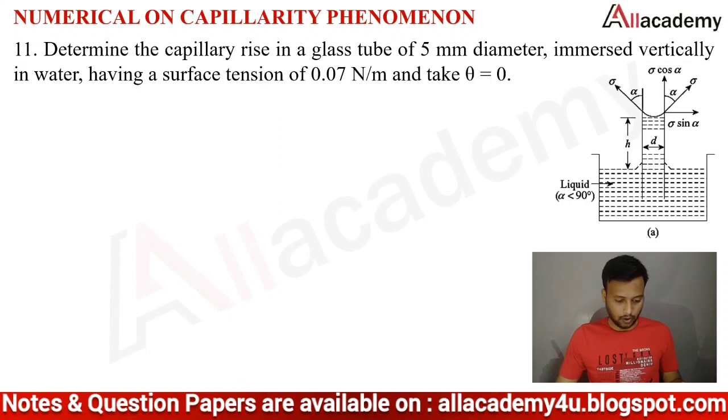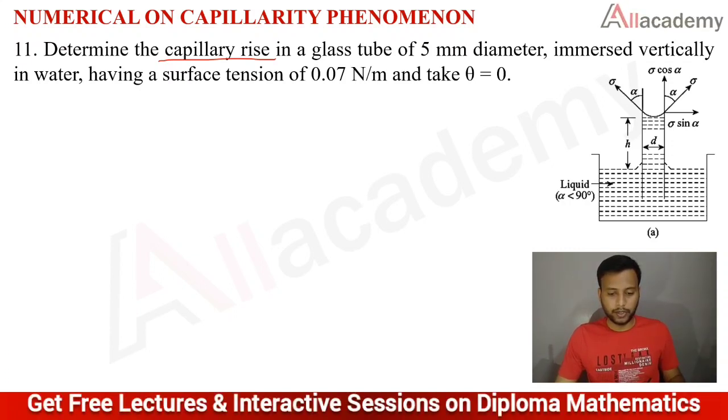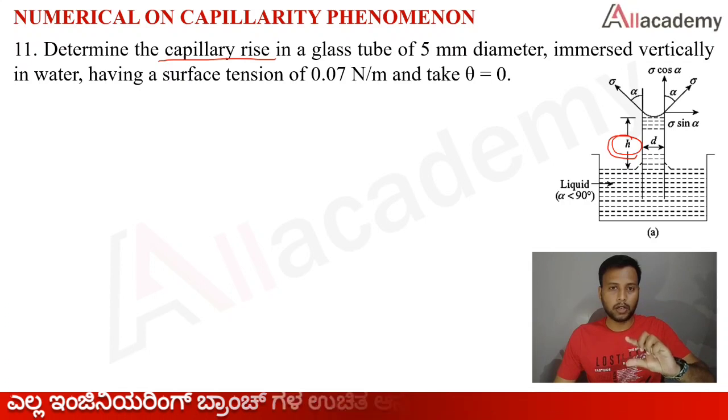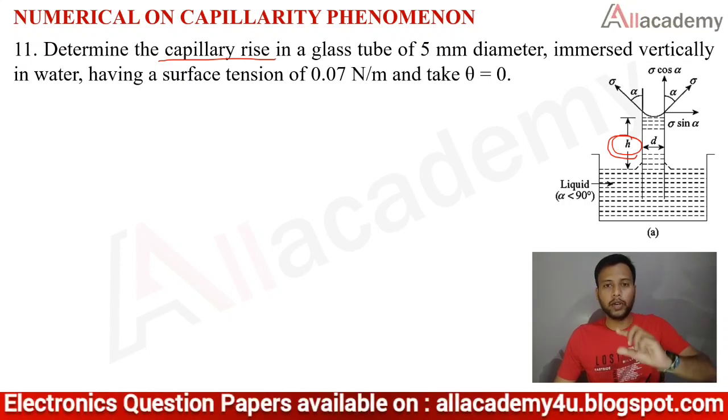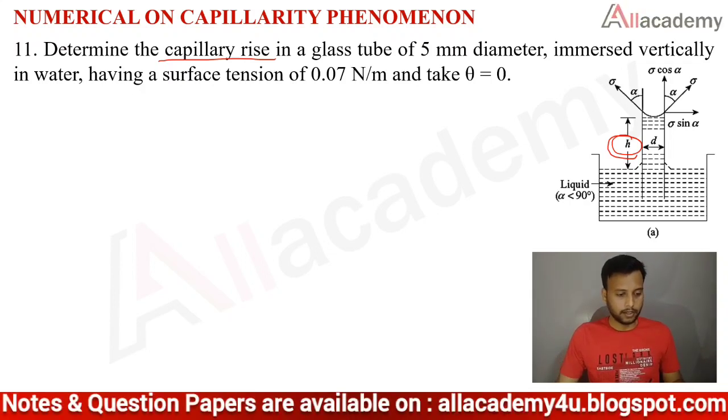Now in this question it is already given that it is a capillary rise, which means water is going to rise in the tube. For your reference I have given a figure here. You need to identify this H, how much rise you need to identify. As clearly mentioned, capillary rise means when you dip this tube inside, the water will move in an upward direction compared to the adjacent layers. So that is a capillary rise. Let us note down the given data.